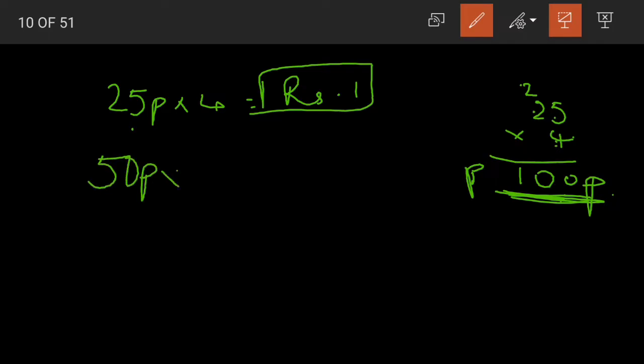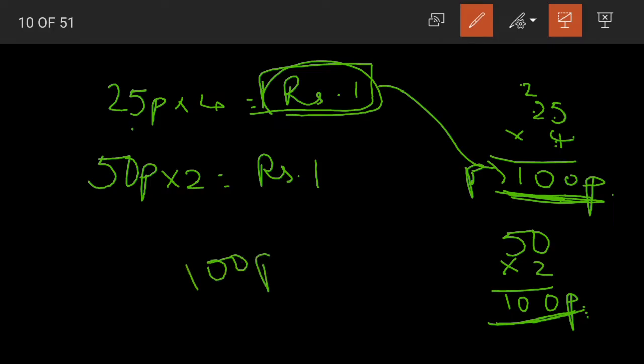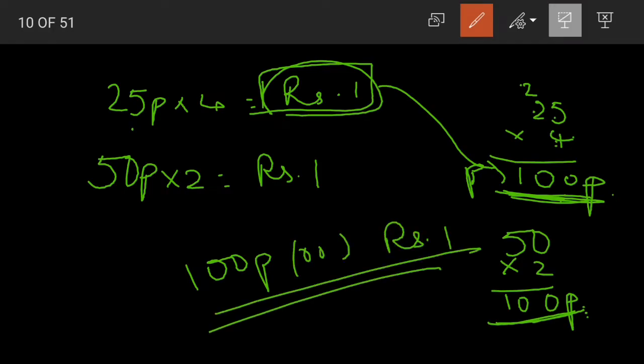Or the other thing we learnt is 2 50 paise coins. So 50 into 2, we have 2 zeros are 0, 2 5s are 10. So again this is also equal to 100 paise, which is nothing but 1 rupee. Now what can we understand from this? How many paise does 1 rupee have? 1 rupee has 100 paise. 1 rupee is equal to 100 paise. You can call it 100 paise, or simply you can call it 1 rupee.